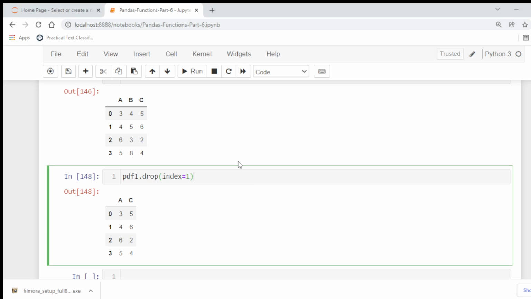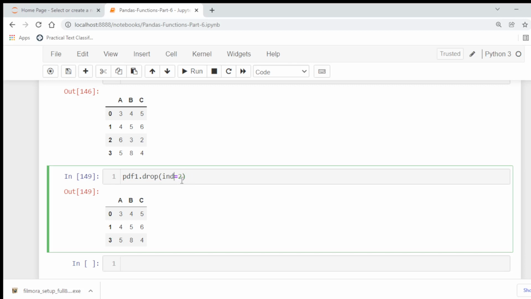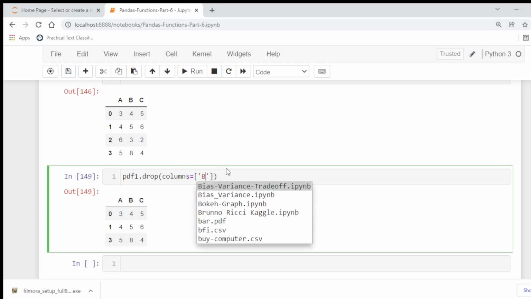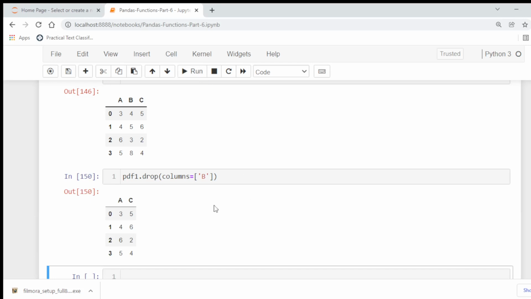Index means to drop from the rows. So in this case it will drop the second row. Similarly, for columns, just write columns and specify the column. You can also specify a list of columns if you want to remove more than one column.